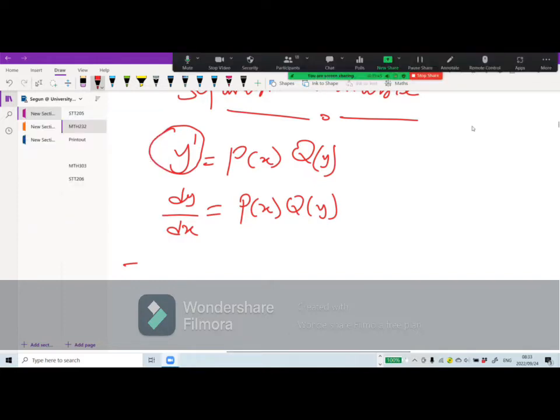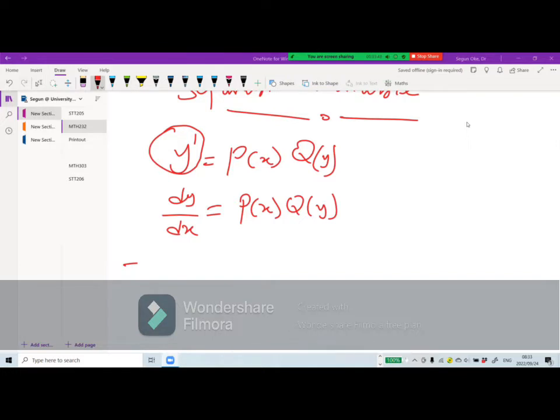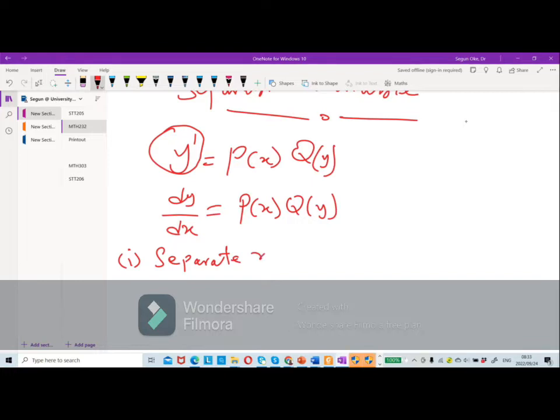Okay. So what we need to do now is, let's look at Roman figure 1. Roman figure 1 says, separate. We are to separate the x term and the y term. That's your first assignment. Number 2, the second assignment we need to do when you are given this question is integrate